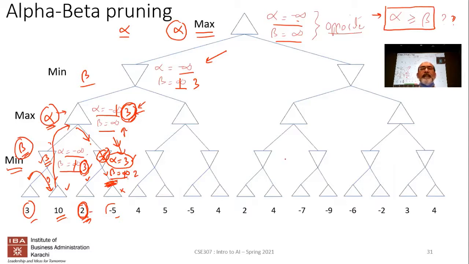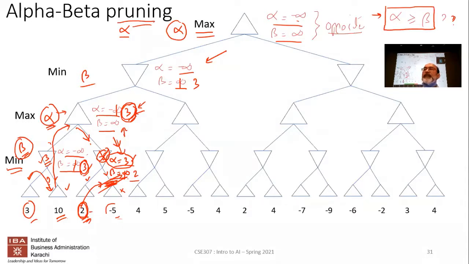G. 2 against -5, so we're not doing this. You see, that's the whole point. When we looked at this condition, we saw that alpha was 3 and beta was already 2 based on this. Because alpha was greater than or equal to beta, we did not evaluate that particular portion. So this was pruned, and these two lines over here indicate that this was pruned, and that's why it's called alpha beta pruning. It basically implies that you're not even going to look at that particular portion of the tree